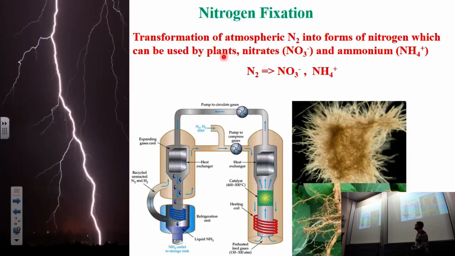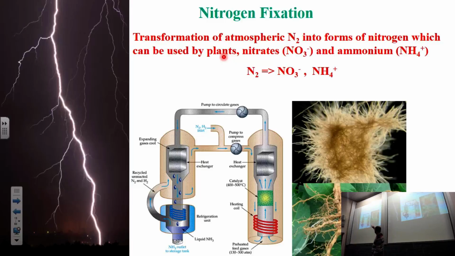Okay, so the first process is nitrogen fixation. This is one of the most important processes because this takes the unusable, useless form of nitrogen that's in the atmosphere, the N2, and transforms it to something that's useful. So this effectively takes N2 gas and converts it into either nitrate or ammonia. Now, because molecular nitrogen, N2, is triple bonded, that makes it extremely hard to do this process. So you need enormous amounts of energy put into a system to convert N2 to nitrate or ammonia,